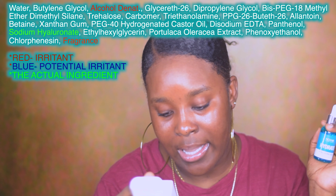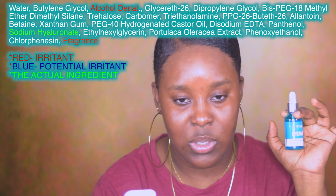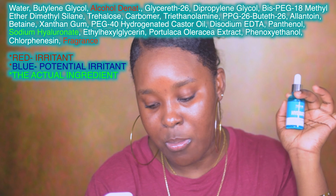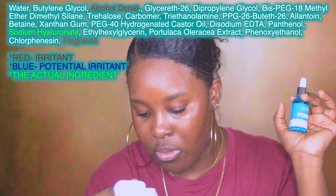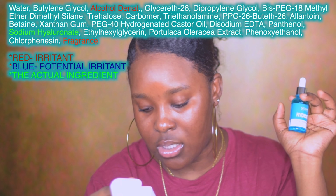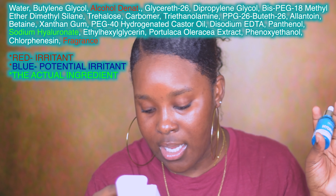It has sodium hyaluronate. Okay, so this is a derivative of hyaluronic acid. So the ingredient that makes this a hyaluronic acid serum is sodium hyaluronate. And this is almost the, 1, 2, 3, 4, 5, 6, 7, 8, 9, 10, 11, 12, 13, 14, 15, 16, 17, 18, 19, 20, 21, 22. This is the 22nd ingredient, sodium hyaluronate. And then it has